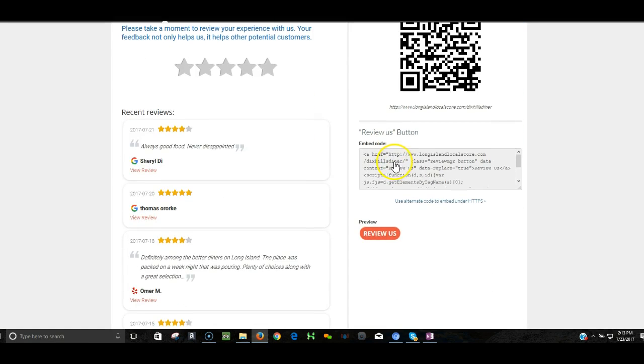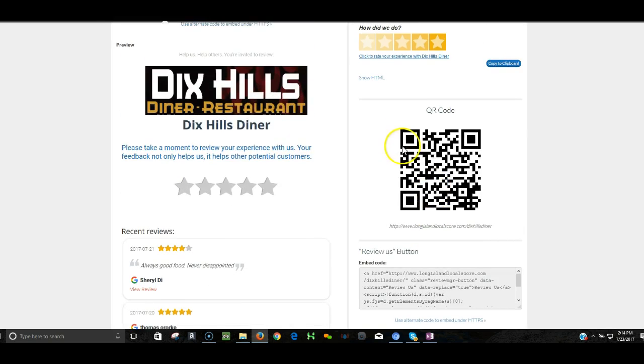Likewise, you can include a Review Us button on your website or within your email. And then here's a little QR code that you could make table cards, handout cards, or you could have a little contest with your wait staff. Whoever gets the most reviews, you can bribe them with whatever you want to bribe them with. And kind of an example of that would be,